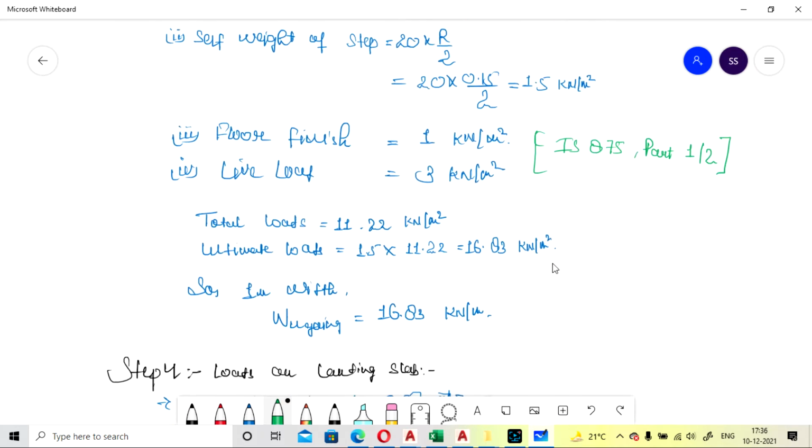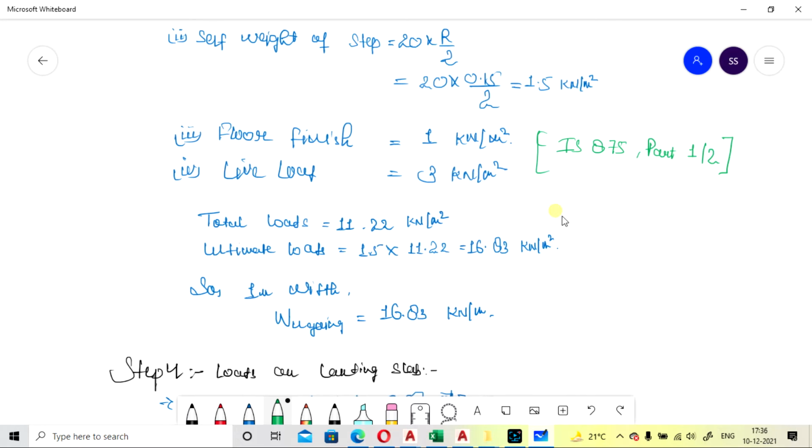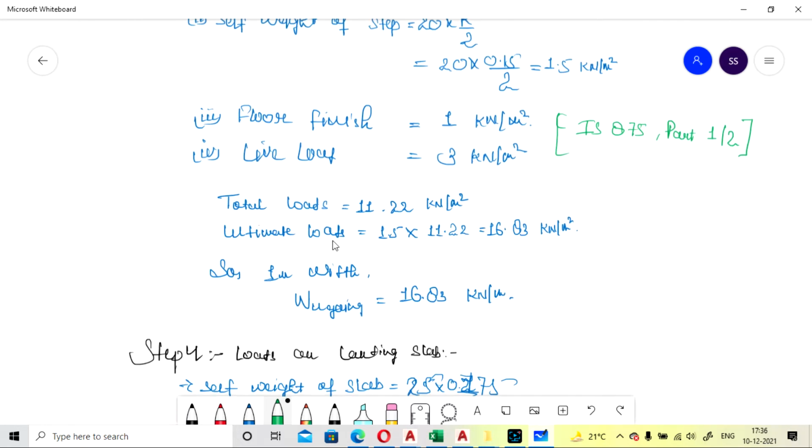So the total load will come as 11.22 kilonewton per meter square, and the ultimate or factored load will come by multiplying the value by 1.5, so it will come as 16.83 kilonewton per meter square. Now for 1 meter width of consideration we have to take the value as 1 meter, and here it is 16.83 kilonewton per meter.